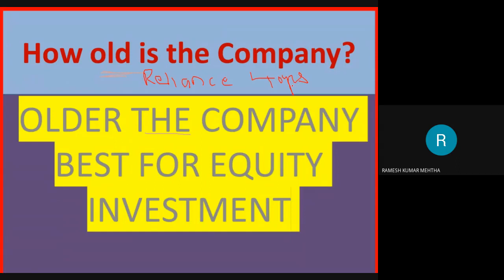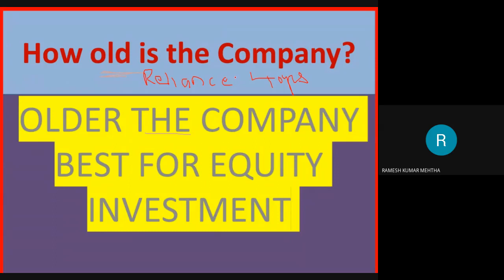You can look at the balance sheet of the company for 5-10 years and understand how the company is doing over the last 10 years or 5 years: how the sales are increasing, how the profit is increasing, how the earnings per share is increasing, whether they have declared any bonus or not during these 10, 15 or 20 years, and what is the percentage increase in sales, profit, and so on.